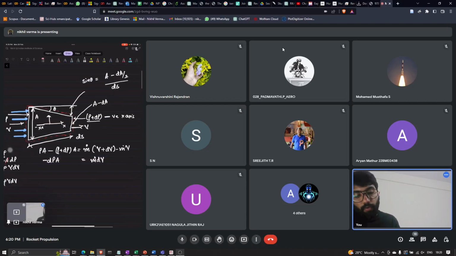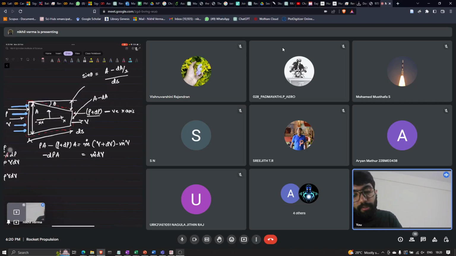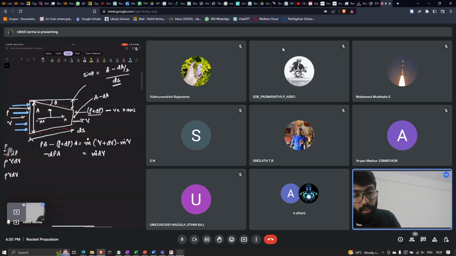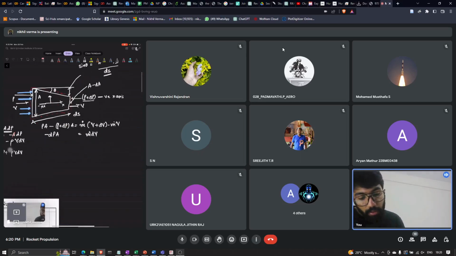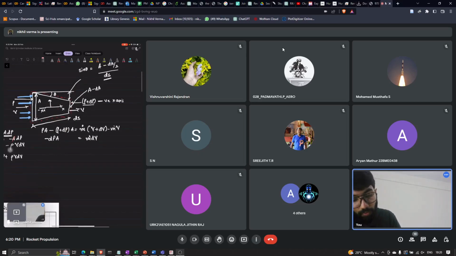So what we assume here is that since we are talking about two sections that are very close to each other, the ds is very small. So with this, we assume that this. Okay, if I write this equation,